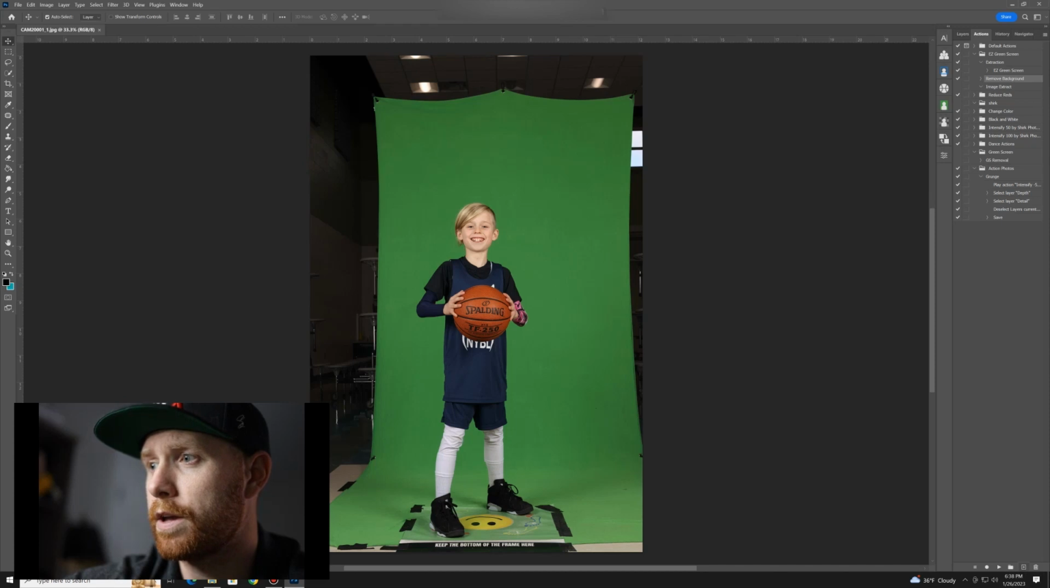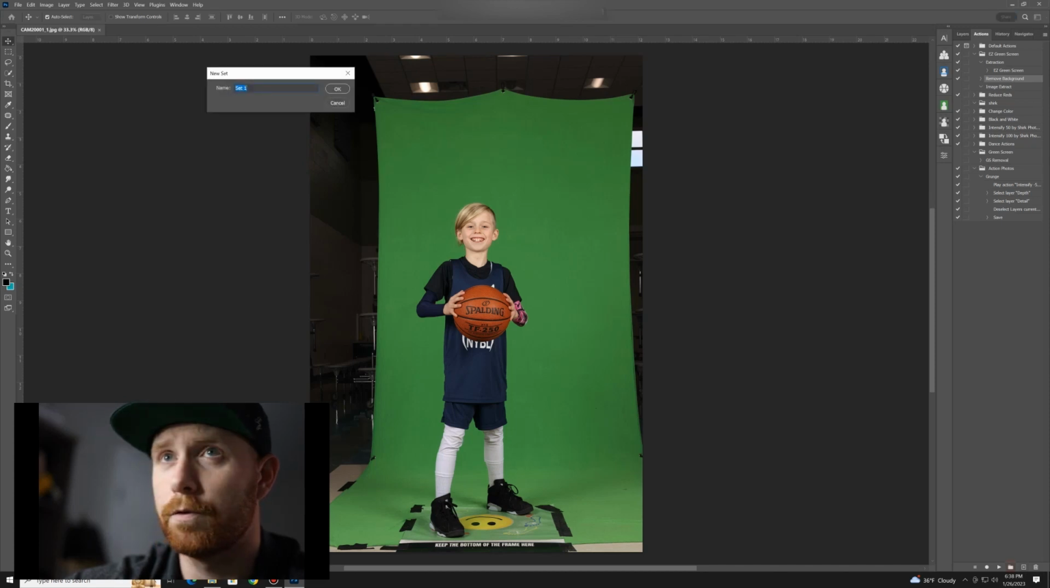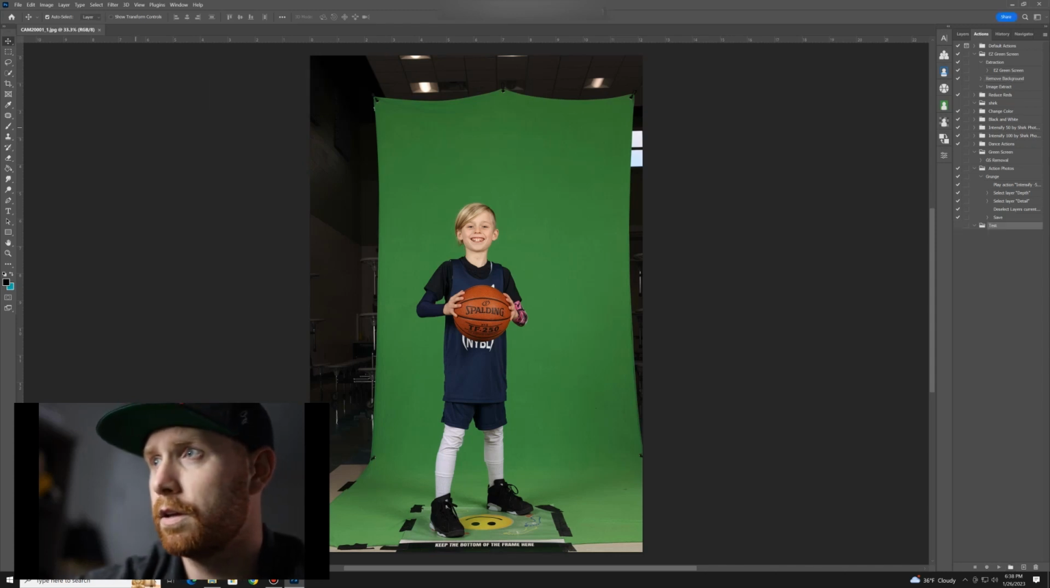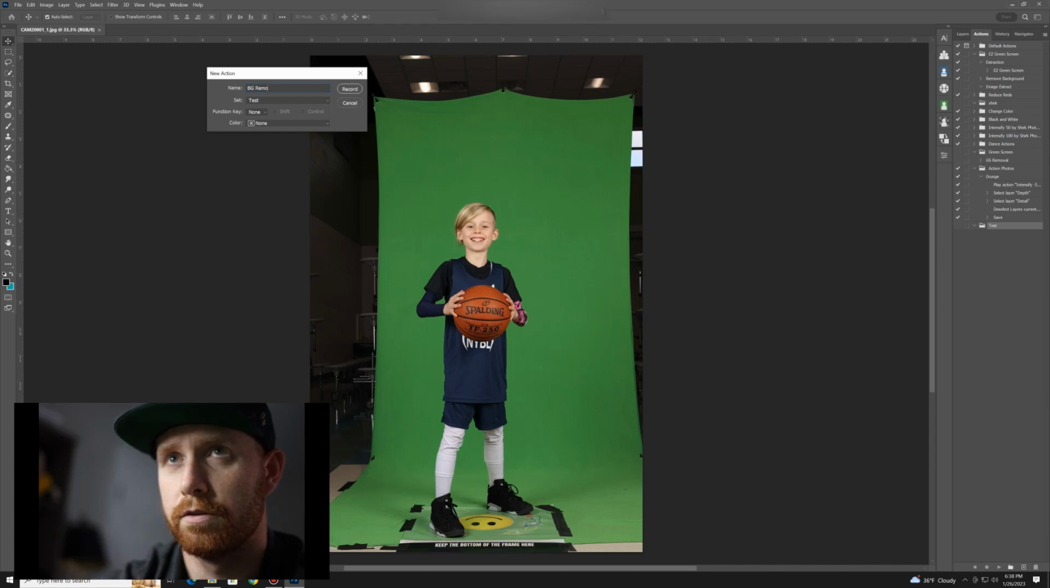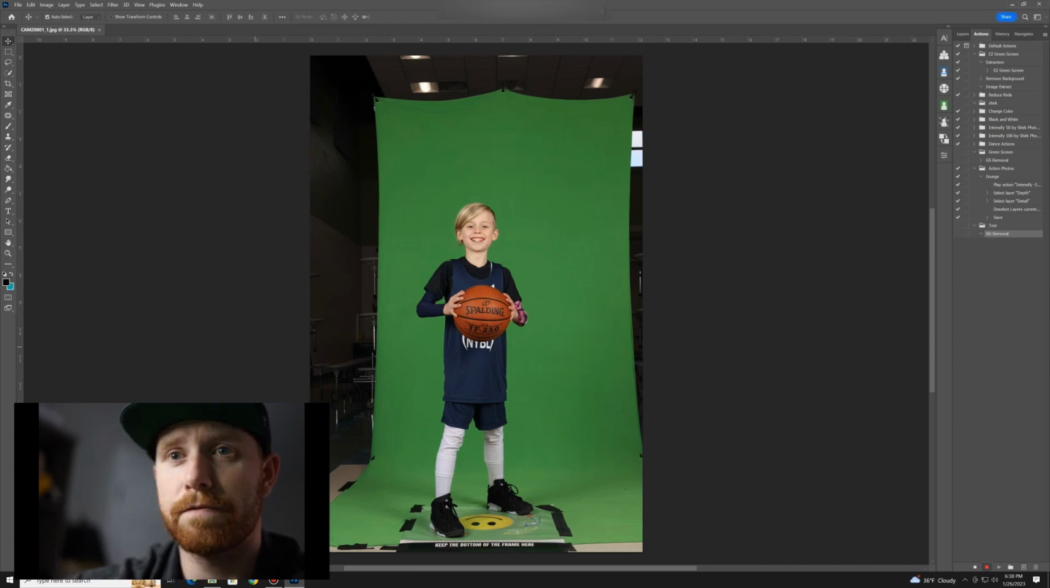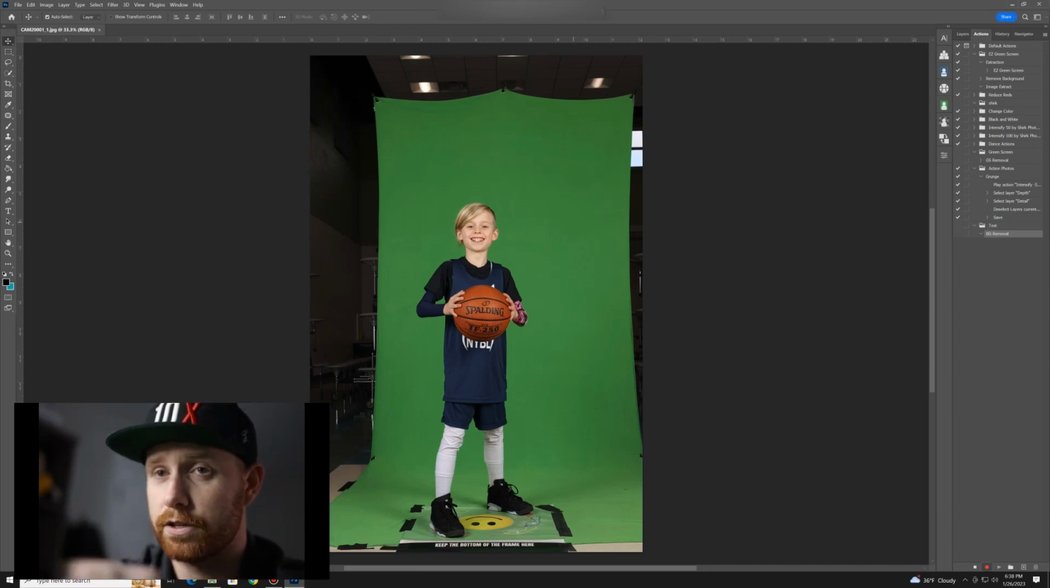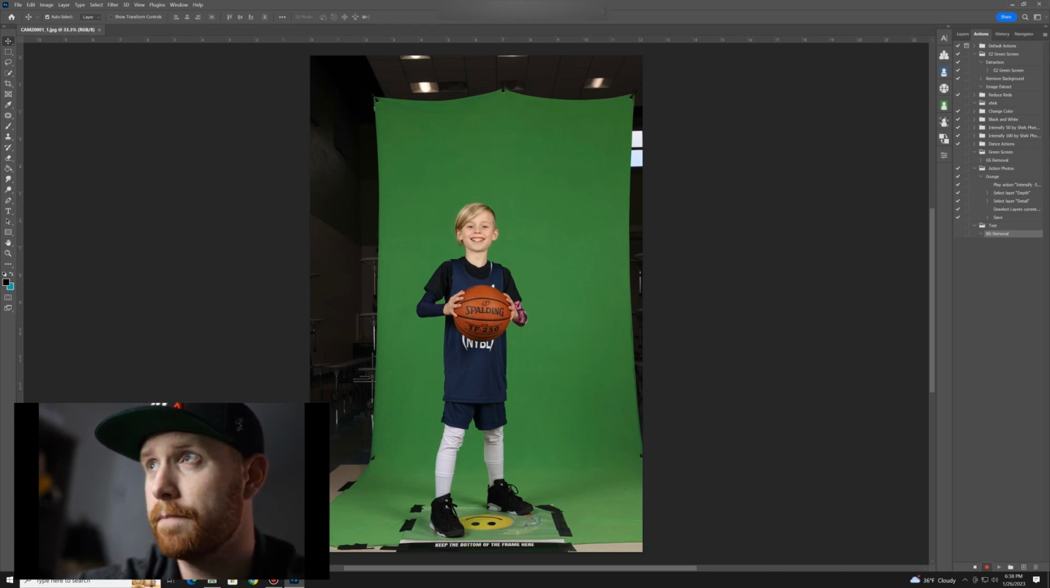So there's a couple ways we can create a folder, and we'll call this test, and then we can create actions within this test folder. So we'll just call it BG removal. I'm going to hit record, and now every time I click, it's going to record what I'm doing in Photoshop. Okay, so